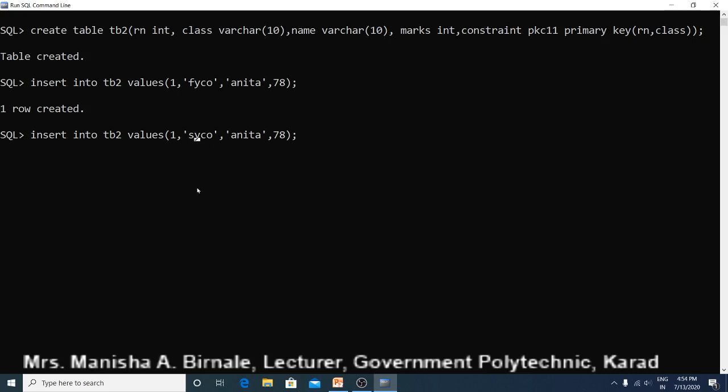These are different values. Suppose marks 88. In this way you can create a composite primary key also.